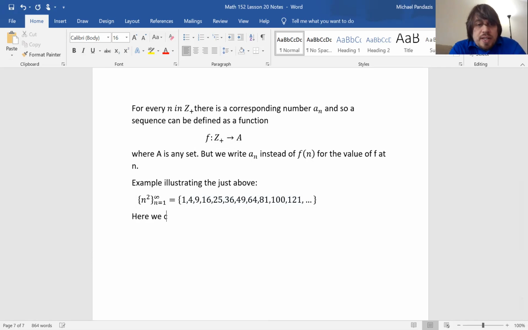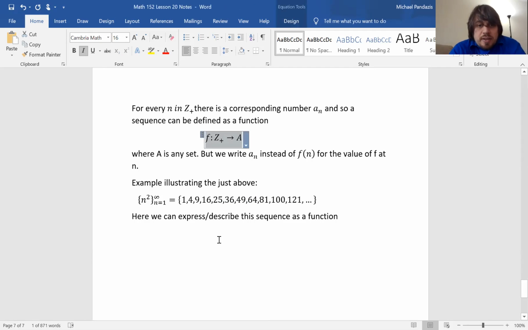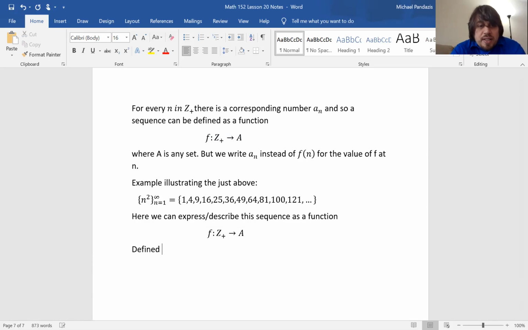So we can describe this sequence as a function f from the set of positive integers to A, defined